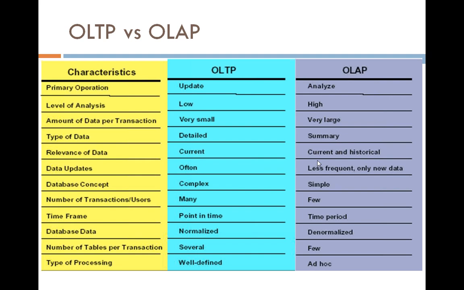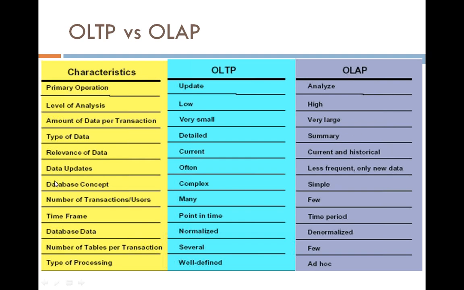But with respect to OLTP, I can't do this kind of reporting. That's the reason: the OLTP stores the current information all the time, which is stopping you from doing the analysis. And the OLAP system holds the current and historical data, which is allowing you to dig into data and do some analysis.